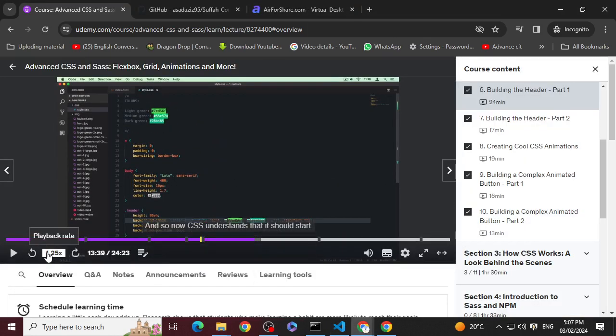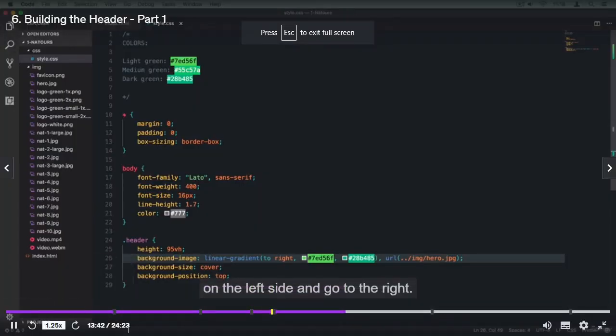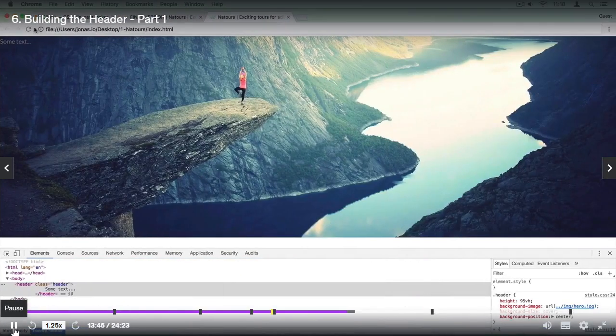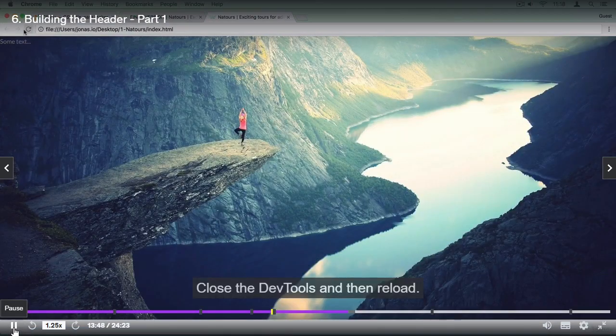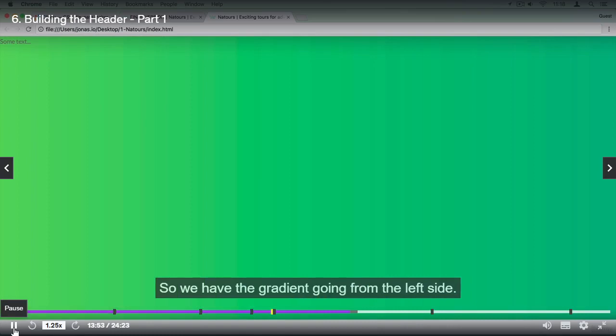Then it should start on the left side and go to the right. So let's see if that worked. Can you close the DevTools and then reload? And yeah, that's it. So we have the gradient going from the left side with the first green, the lighter